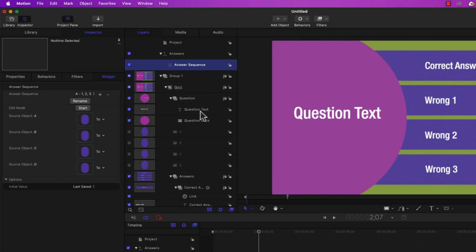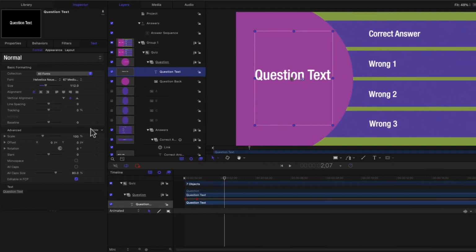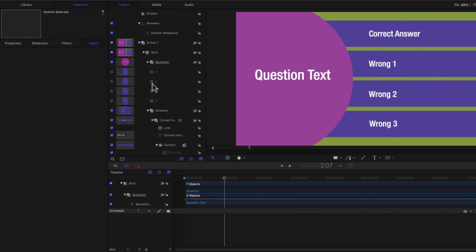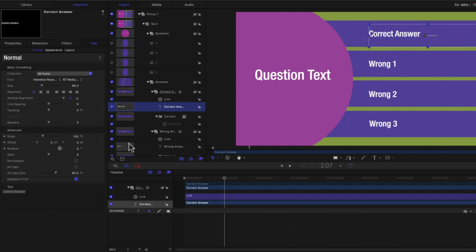Next thing we need to do is allow users to edit the text. So I'm going to select the question text and go to the text tab of the inspector. And down at the bottom where we have the text, I'm going to click on that drop-down and publish that. You can do the same thing for each answer. So the correct answer text, click on the arrow, select publish,